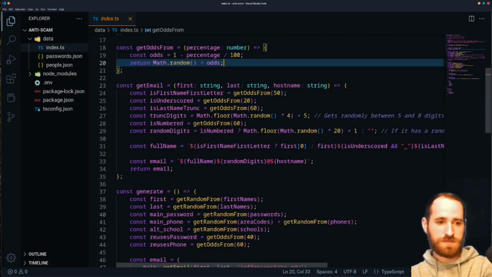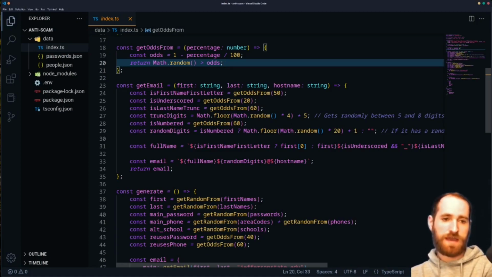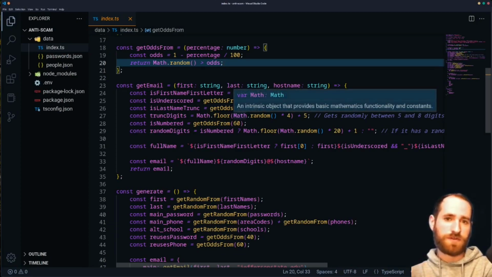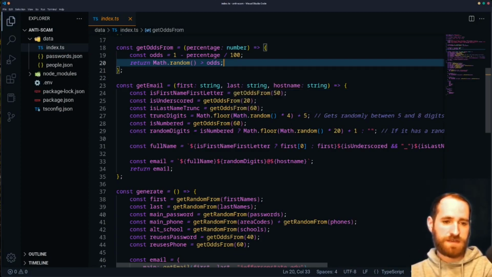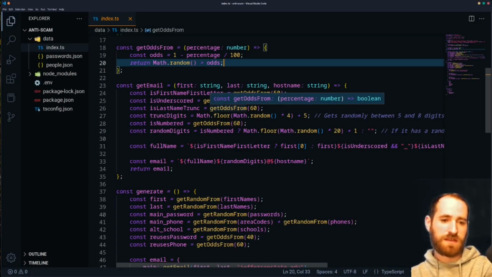So with this getEmail function, it accepts the first name, last name, and the university's host name. I have 50-50 odds on whether or not the first name is listed out fully or whether or not it is just the first letter of that. There's a 20% odd the first name and last name are separated via an underscore. There's a 60% odd that the last name is truncated, and if the last name is truncated, then there is going to be between 5 and 8 digits